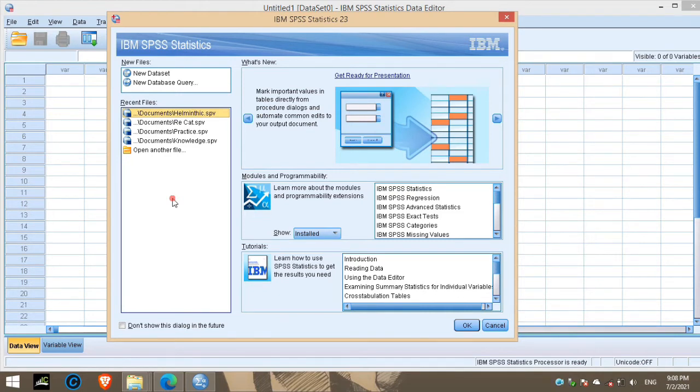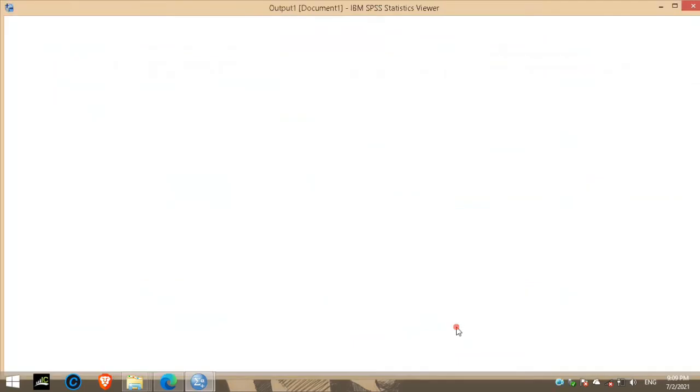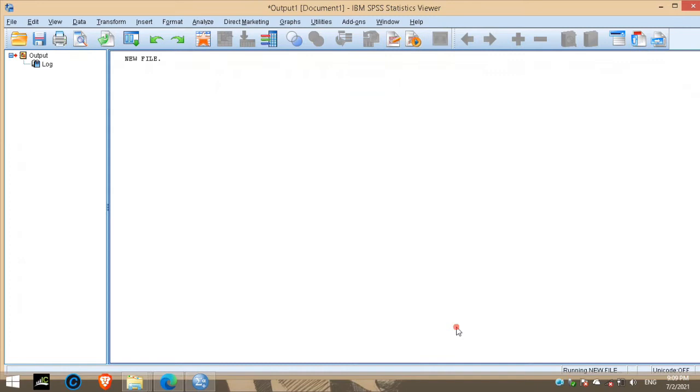Let's assume you are a fresher, so you are going to start with a new data set or data sheet. For that you need to select new data set and press OK. Nothing else you have to do. So here you can see this is the window of SPSS. The very next moment you press OK, a new window will appear, as well as you could see here